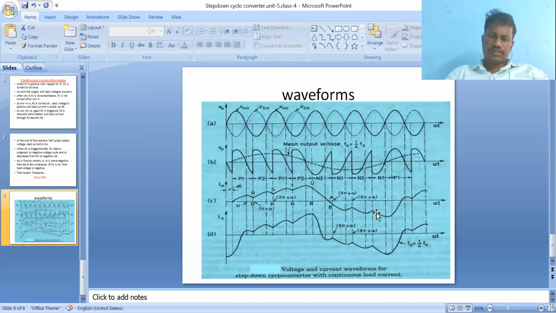It is similar to one cycle. The output current will not decrease to zero before the end of the off cycle. At point R there is no zero, at point S there is no zero, at point T there is no zero. That means at omega t equal to 2 pi plus alpha0, 3 pi plus alpha0, and 4 pi plus alpha0, the current is not equal to 0. So at any firing instant, the current will not be zero. That's why it is continuous conduction mode.